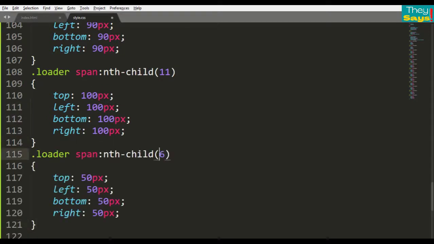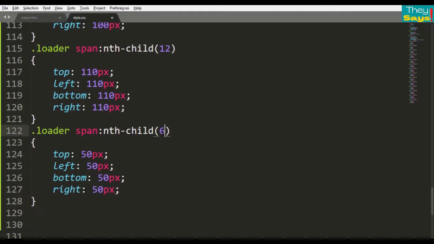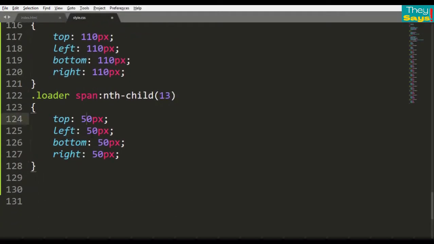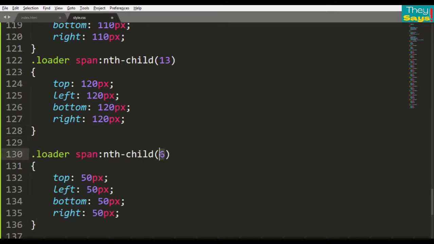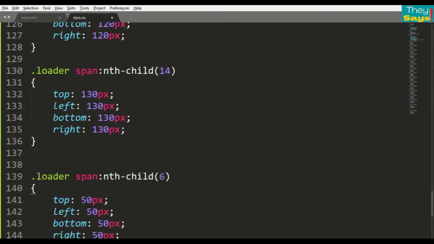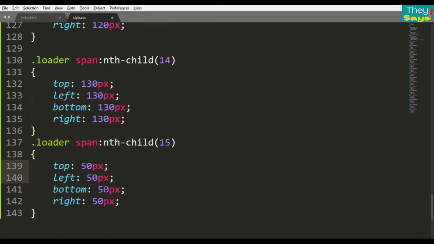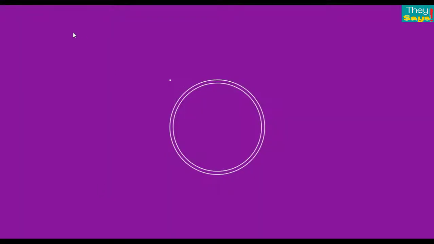Child number 12, position value is 110. 13, position value is 120. 14, position value is 130px, and last 15 and position value is 140px. Reload the page. All child positions are set.